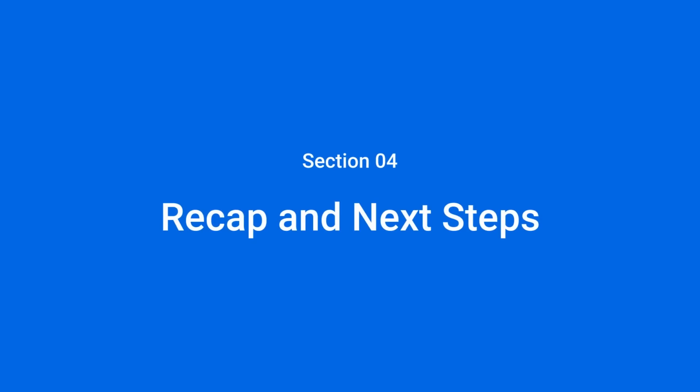Moving on into section 4, let's go ahead and recap what we went over today and take a look at some next steps. To recap what we went over today, we started off by taking a look at macOS file serving options, essentially using SMB across the board and avoiding AFP at all times in the future. We also took a look at how you can utilize some different advanced features like SMB multi-channel, as well as link aggregation, and when you will see the most benefits in using those features.